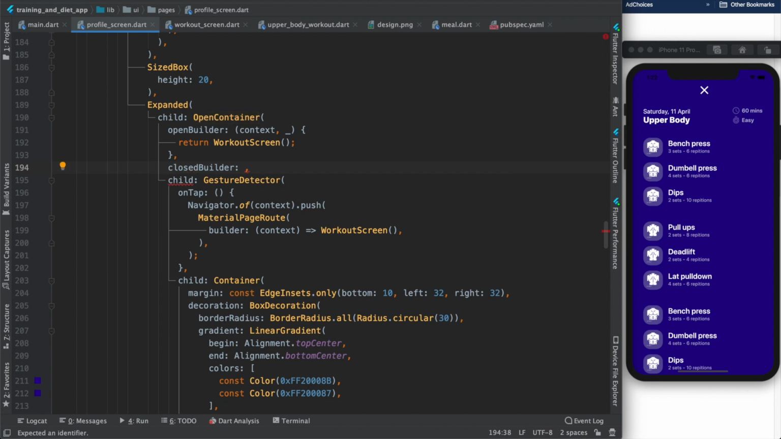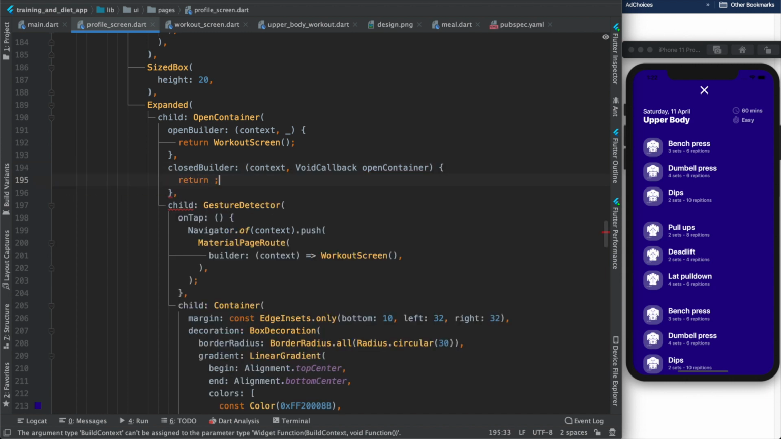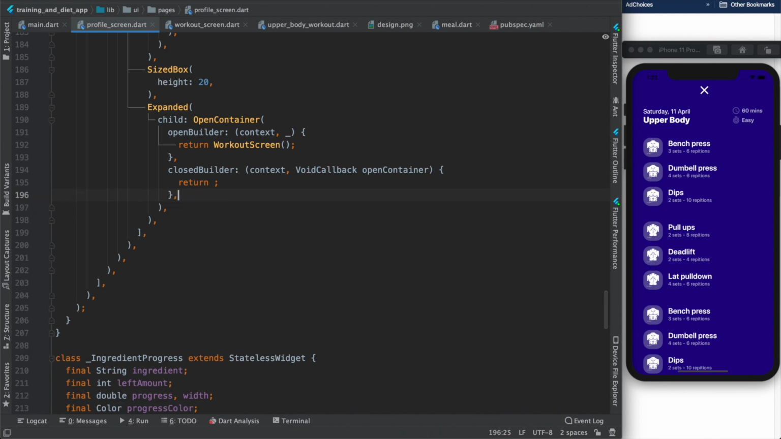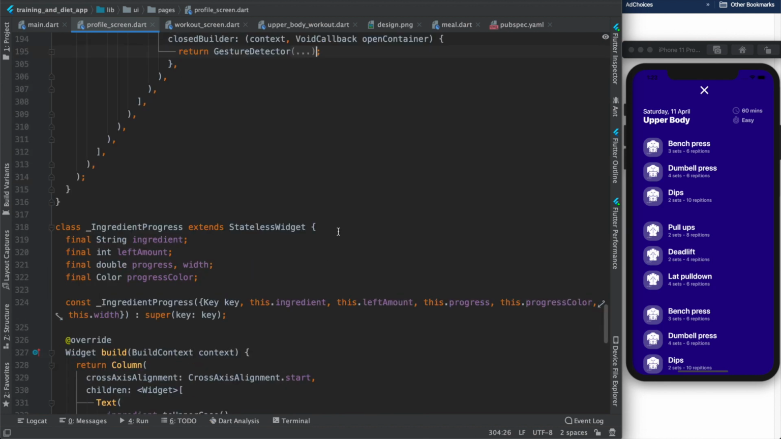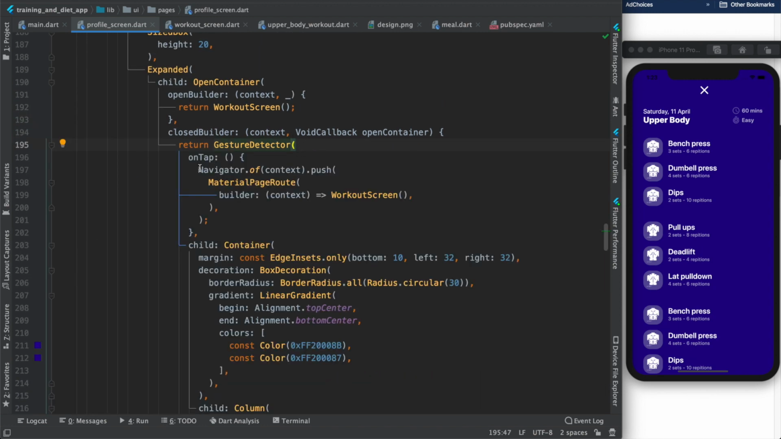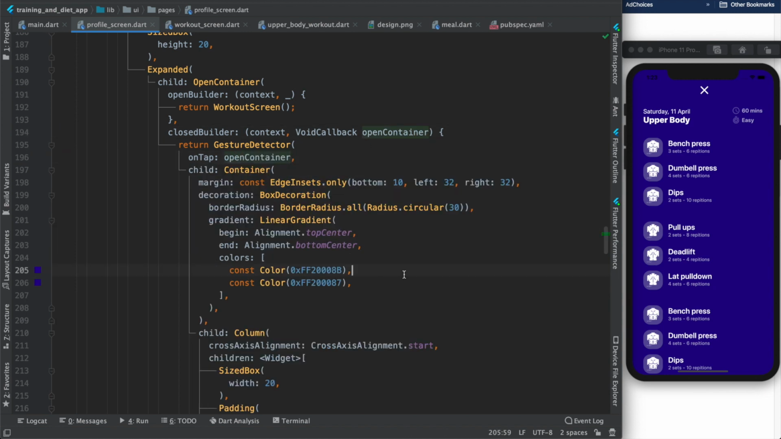Closed builder will be again, it takes a context and a void callback. So it will be open container. I'm just naming it. Okay, and it also wants to return a widget. That widget will be our gesture detector. Fine. So these two things are done. Inside gesture detector, in on tap, you call open container. Remove this and call open container. That's it. And now if I want to run it,